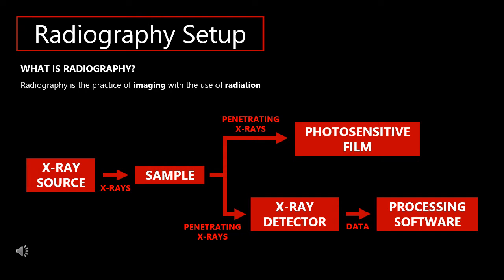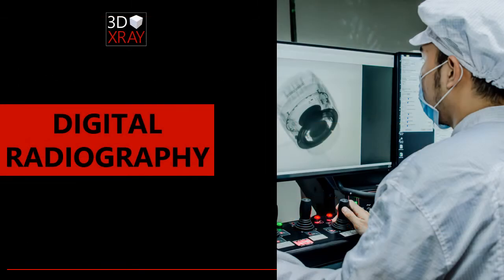the sample. The penetrating X-rays, also referred to as signals, will be received by either a photosensitive film or an X-ray detector. Photosensitive films were widely used for radiography, but the development of X-ray detectors gave way to